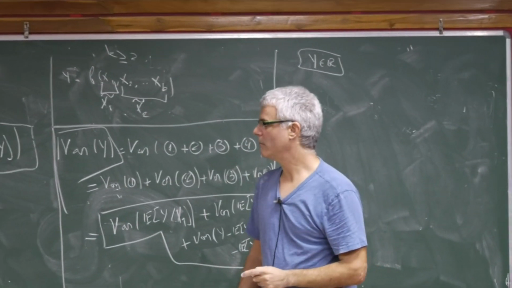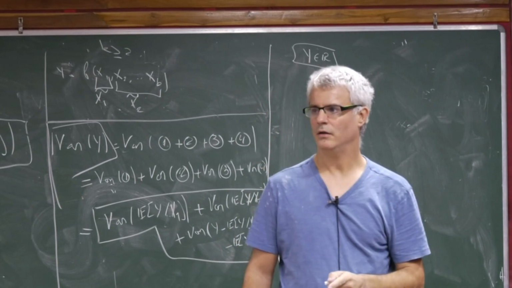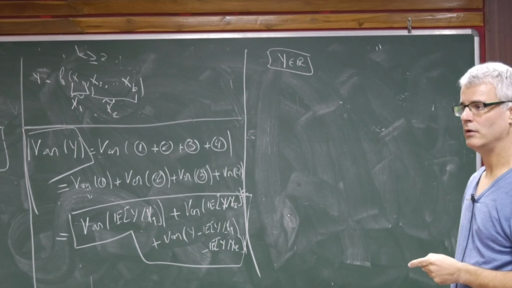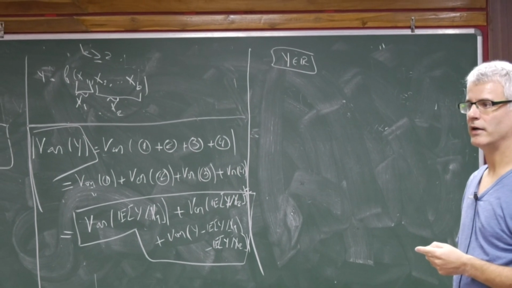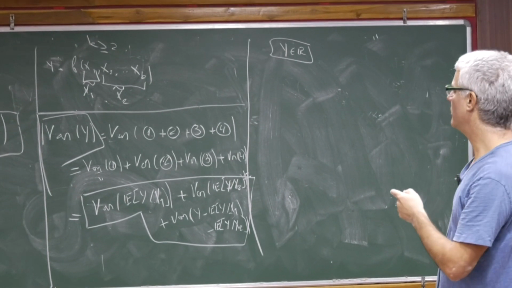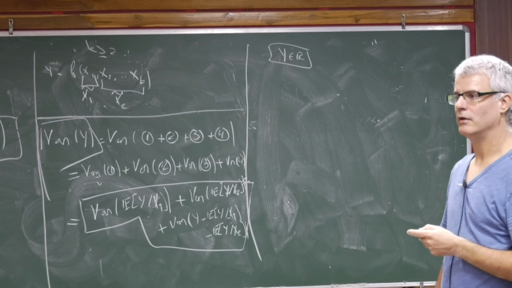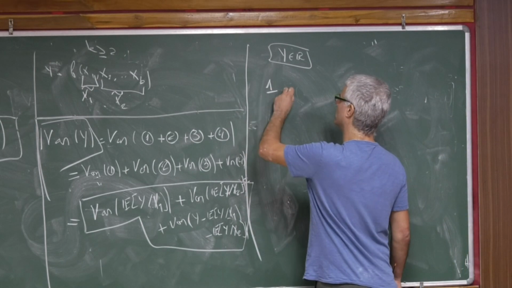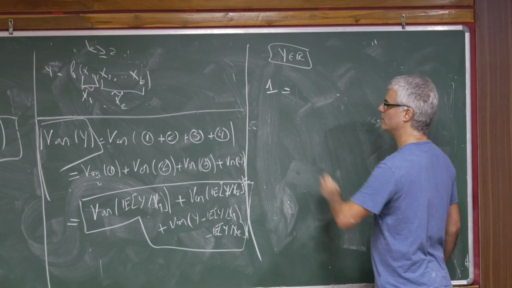So I remind you that for today, I assumed that y was a real number. Now I can divide both sides of this equality by the variance of y. So if I divide by the variance of y, what I obtain is 1, it's equal to